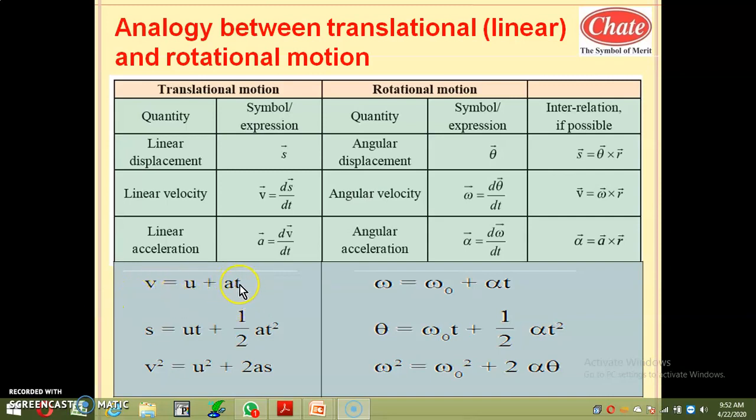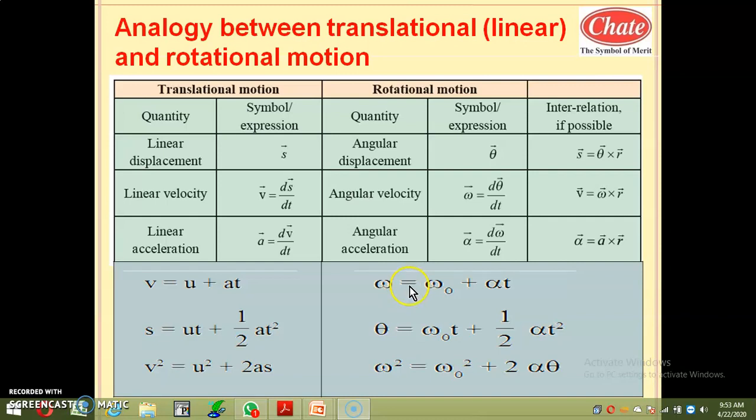So acceleration is (v minus u) by t, or v equal to u plus at. This is called the velocity-time form, because while using this equation, acceleration is constant. These equations are used in uniformly accelerated motion, meaning motion in which acceleration is constant. So the analogous equation in rotational motion, in circular motion, whenever the body rotates about a definite axis of rotation, is